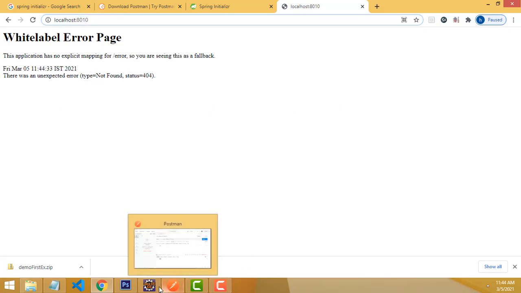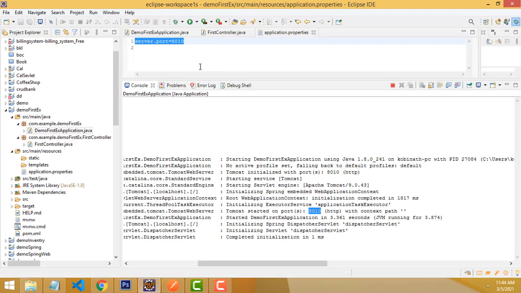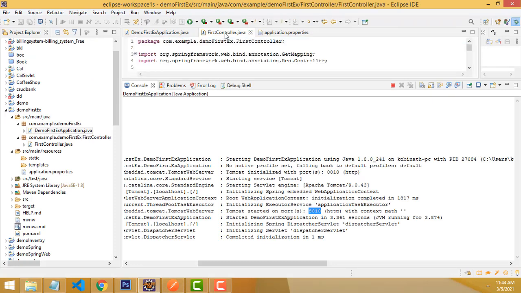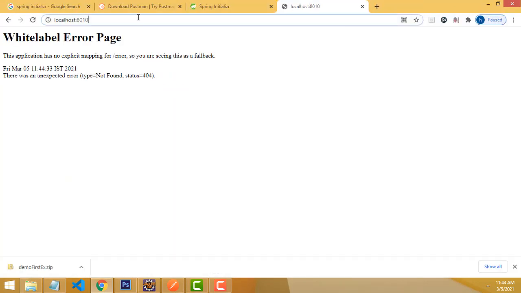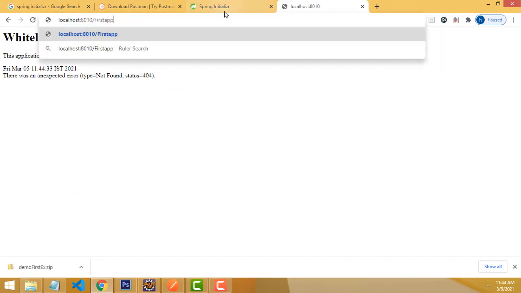You have to mention the URL, then only it will work. First step, Control C to copy this one, you have to run it like this. Now you can see it working successfully. It is working successfully here, right?